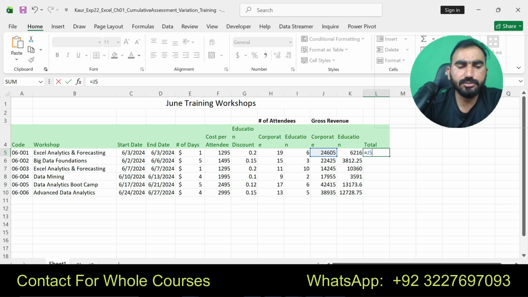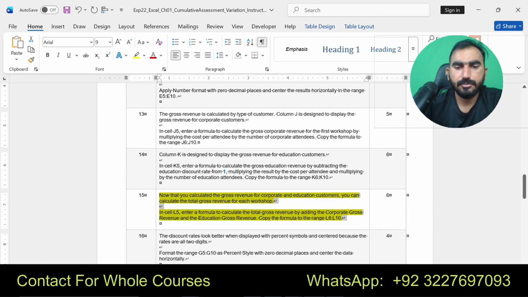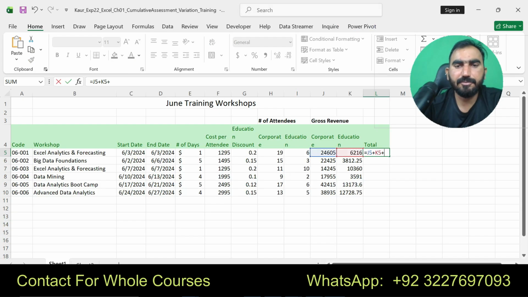Now I am going to do this one. I am going to solve the step number 15 and find the value in cell L5, that is total